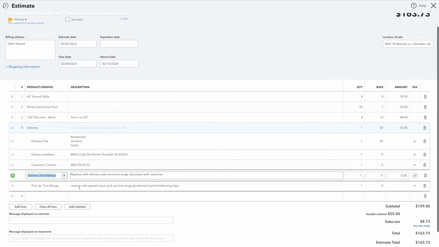The next thing we're going to do is add a delivery time range. We discussed with the customer, okay, you want this delivered on Saturday, February 8th. Is it okay if we come in the morning? If so, yes. What time? We give them a time range, and we enter that information here so that our guys know when this is